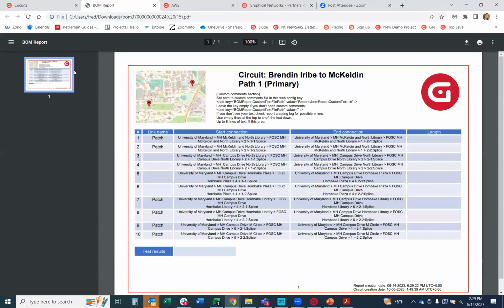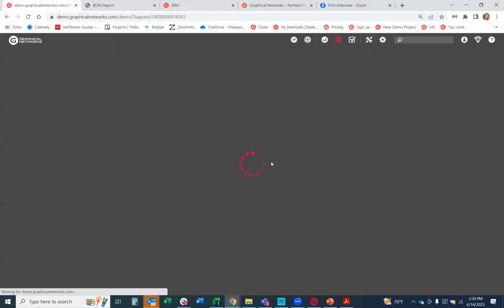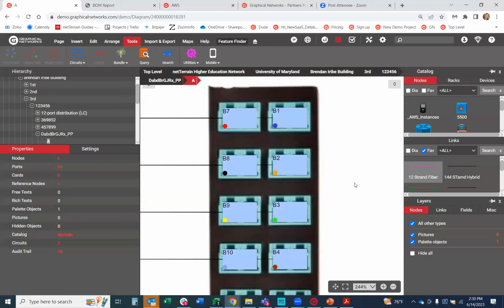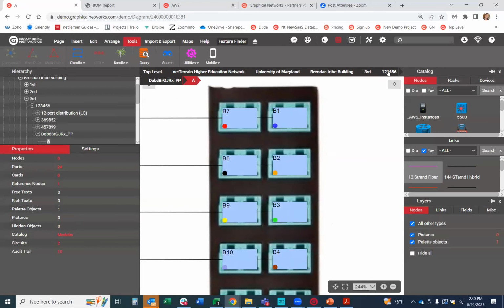You can do searches in netTerrain. I barely scratched the surface. I should tell if we need 1 hour for these webinars. If you press S on the keyboard, it pops up searchability. If you want to see